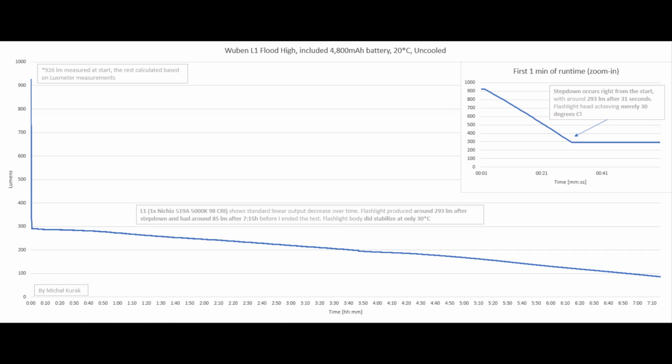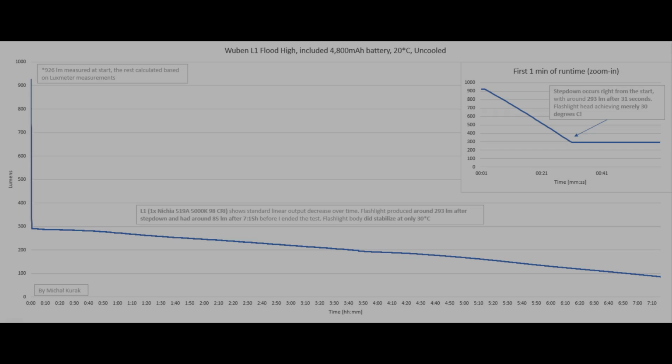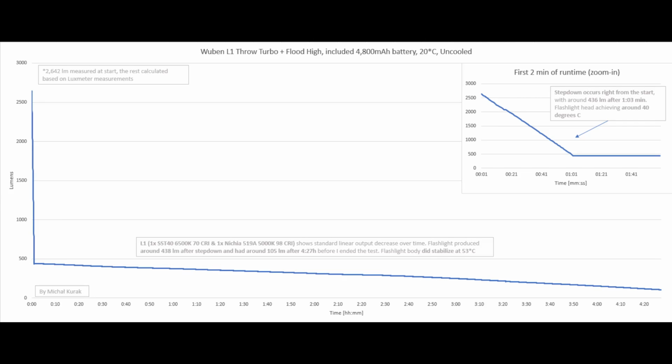And then, as you can see, we've got a standard linear output decrease. Again, no surprises here, unfortunately. And again, 85 lumens around 7 hours and 15 minutes before I ended the test manually. There is a possibility to turn on both channels simultaneously, and I got around